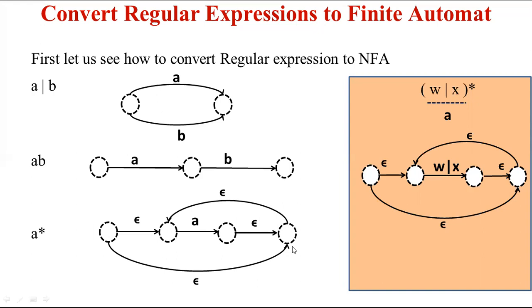So here now the middle one becomes two transitions, that is one is W and the other one is X. The one on the left is the starting state and the other on the right is the final state. Now let us construct a finite state automata for the regular expression